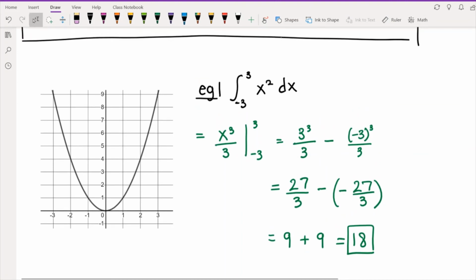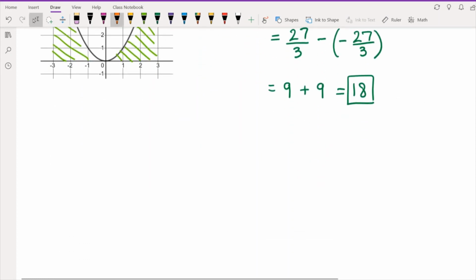And if you just look at the picture, that makes lots of sense, right? Because if we're doing the integral from negative 3 to 3, that's just doing 2 times the area from 0 to 3. So in general, anytime you're evaluating an even function, so if f of x is an even function,